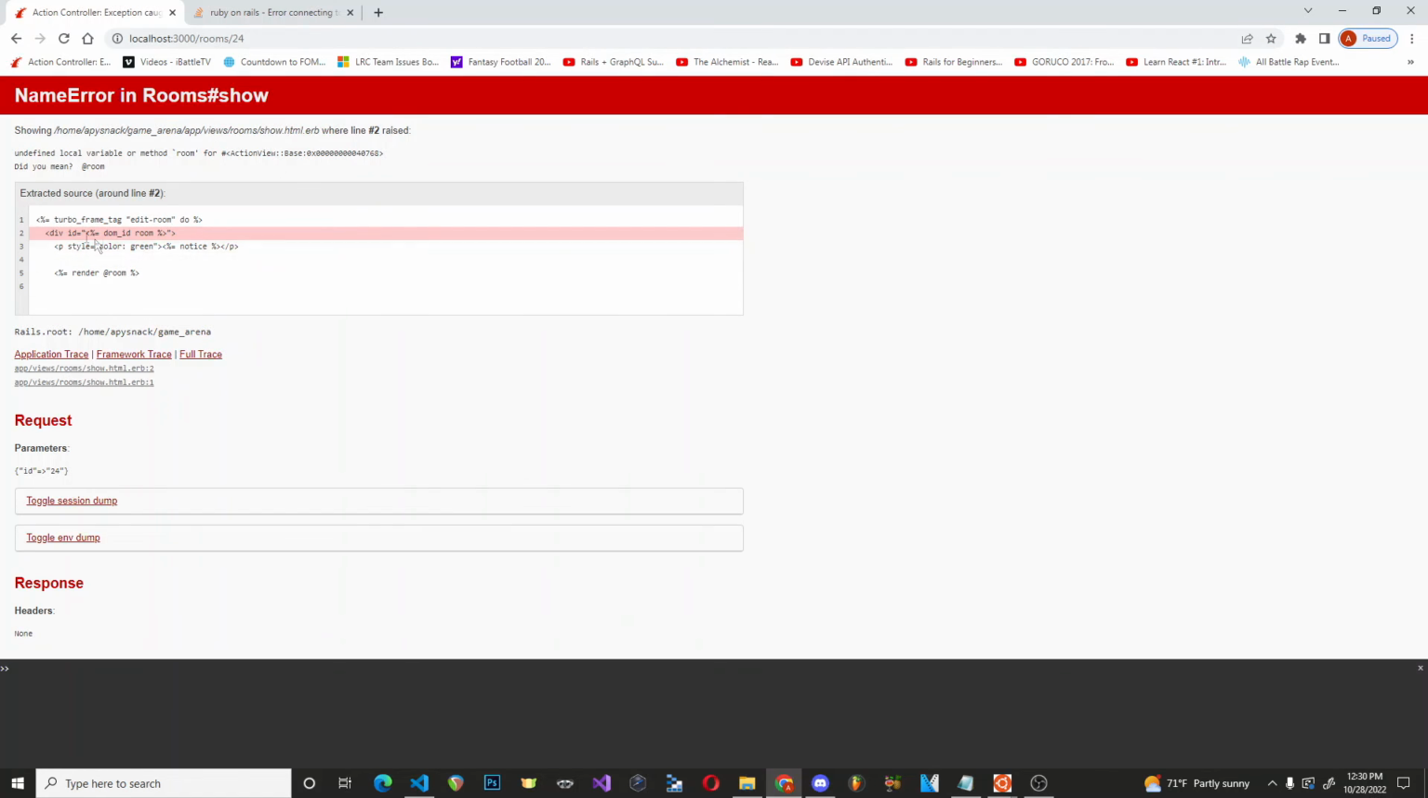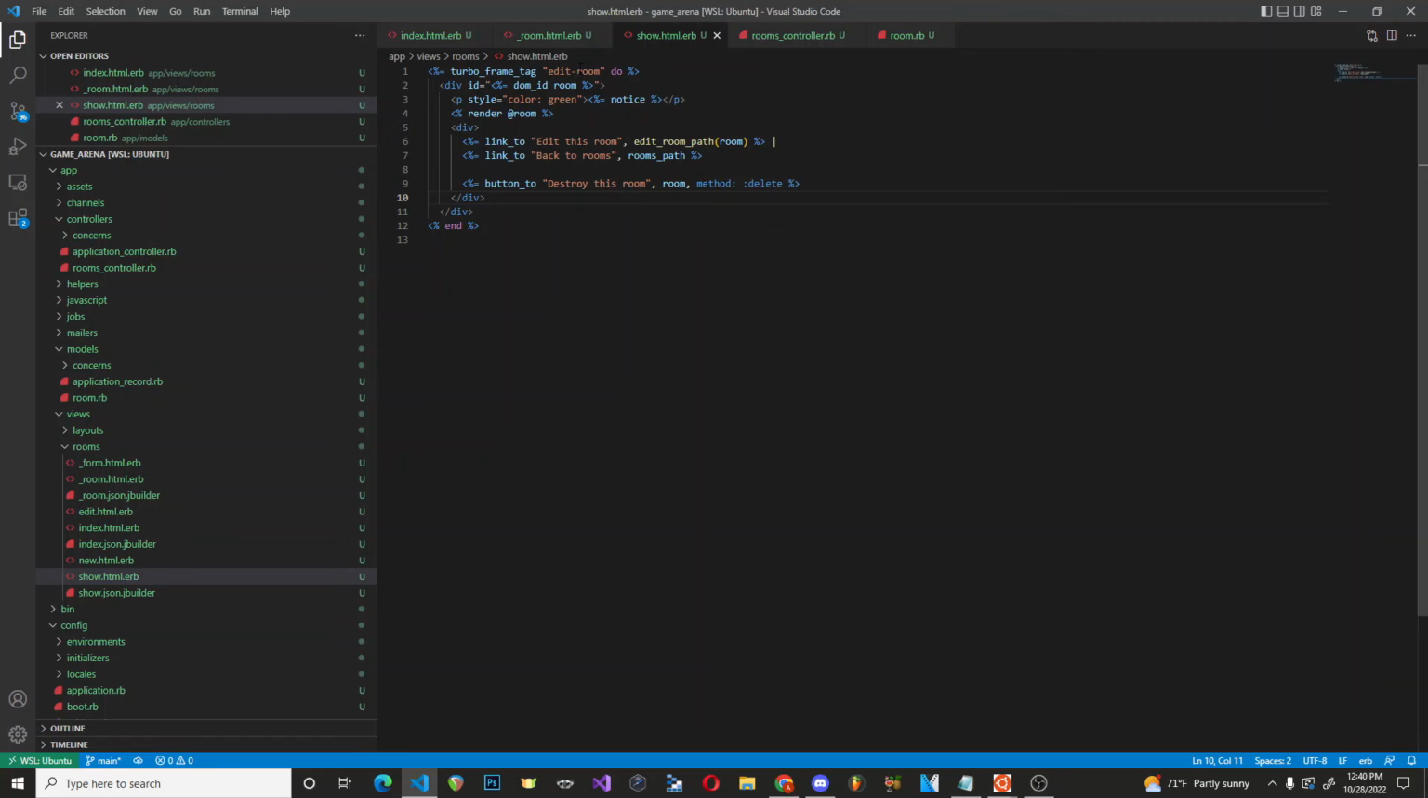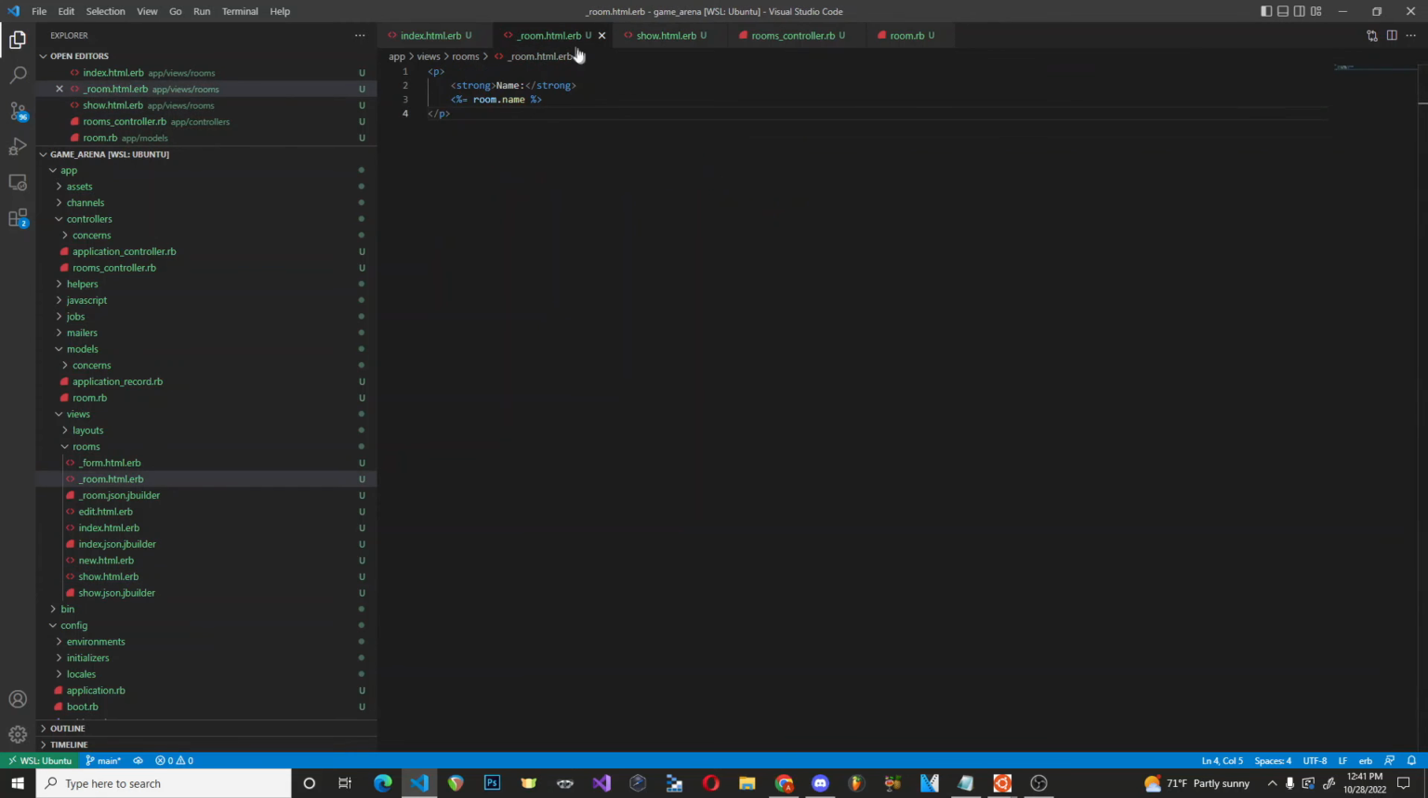All right, so no, that didn't work. I did a little bit of fiddling around, and I think what might have happened here. This is supposed to be DOM ID. This should be an @ here because this is an instance variable, which really makes me wonder why in underscore